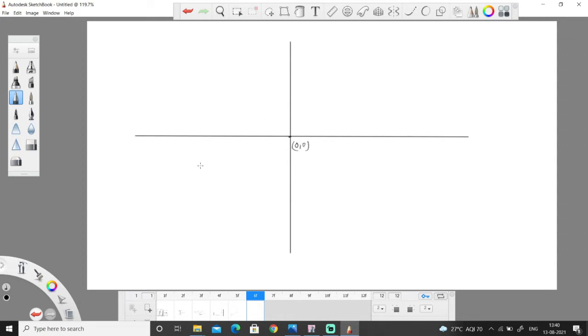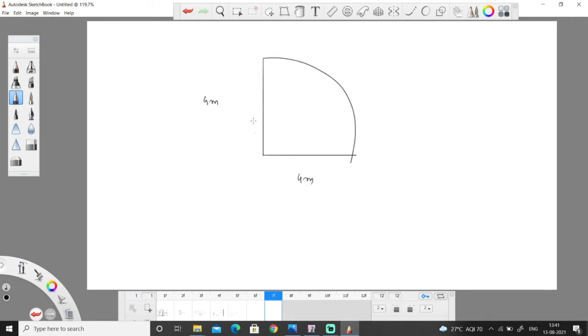No problem. The generation of the cylindrical grid lines always occurs in the anti-clockwise direction. So if we say form the grid from 0 degree, it will start the formation from this line. If we want the formation of the grid line from this one, we have to enter 90 degree. This is 180 degree, this is 270 degree, and returning to this, 360 degree or 0 degree.